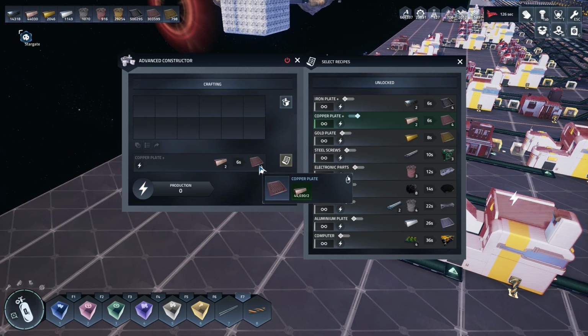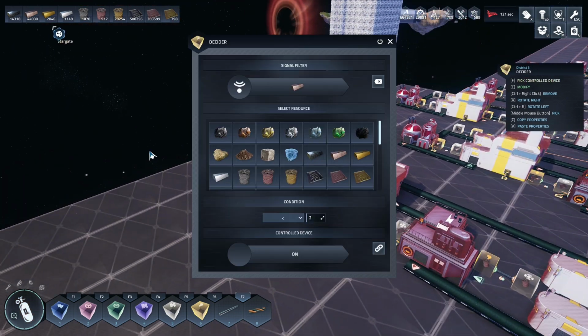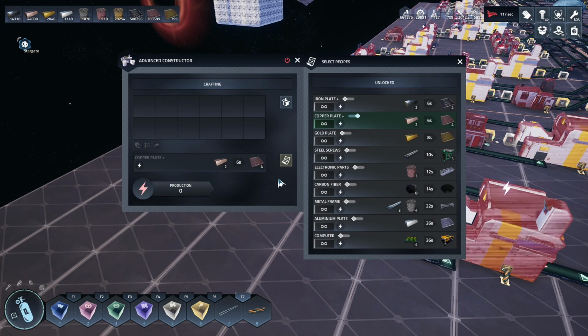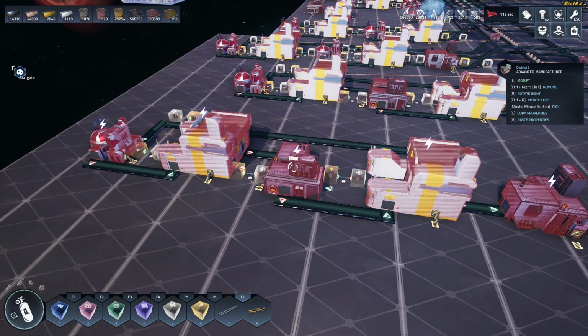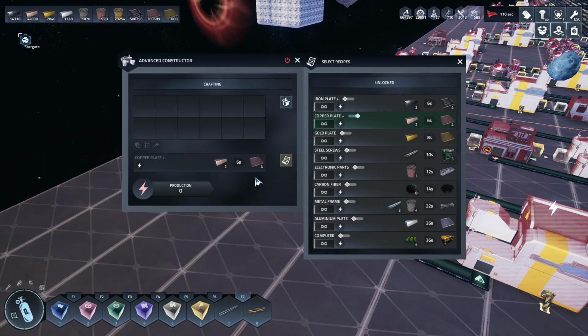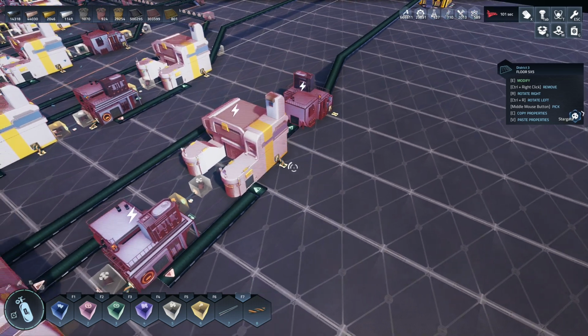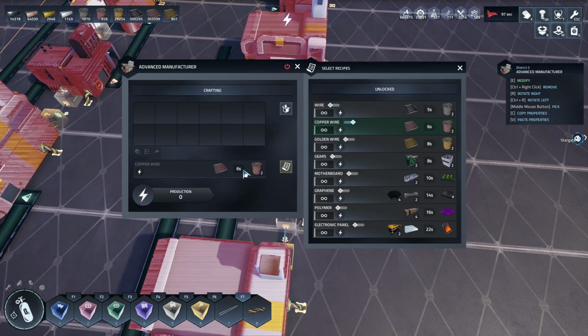You produce 4 every 6 seconds and you need 1 every 6 seconds, so you can run 4 of these guys. You produce 3 every 7 seconds and you need 2 every 6 seconds, so you're fine. You can run 3 of these guys. Okay, so that's fine. So we only need probably 2 of these guys, so 2 of them would be 2 every 6 seconds. 2 of them would be